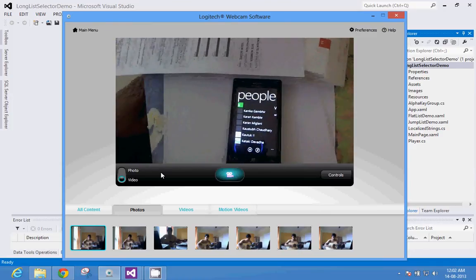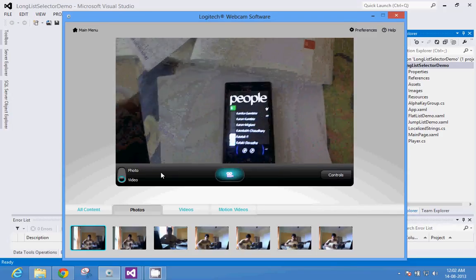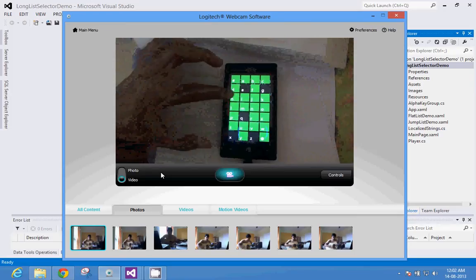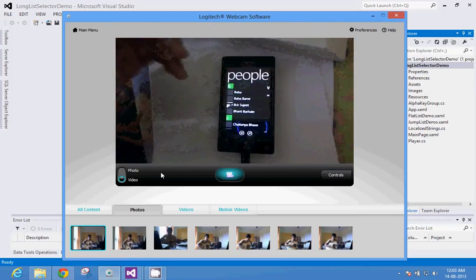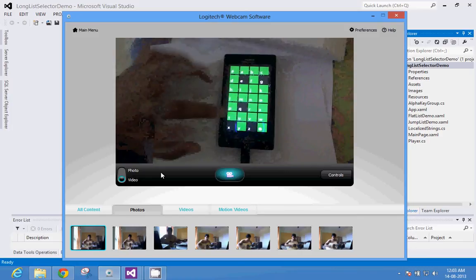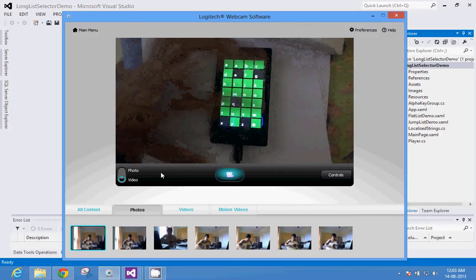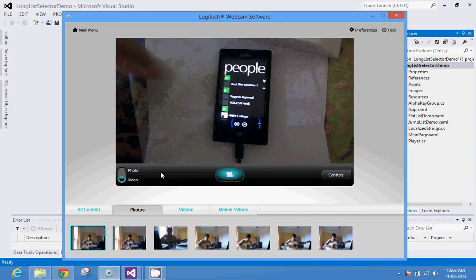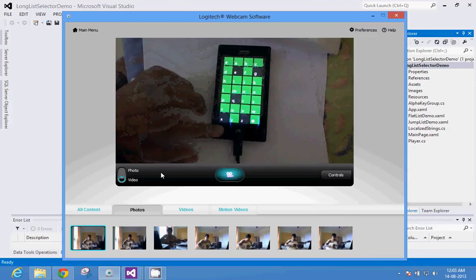If you go for H, you can jump to H, then again you can jump to B. So basically this is a jump list. Long list selector can be used as a jump list where you can group the list items by alphabets or by some other criteria, and browse through a specific part of the group.